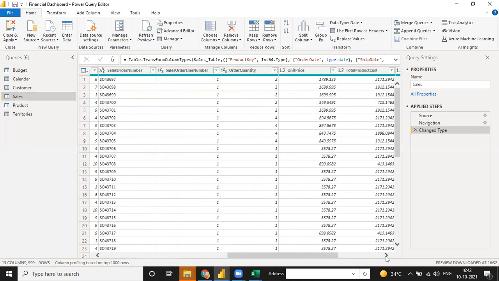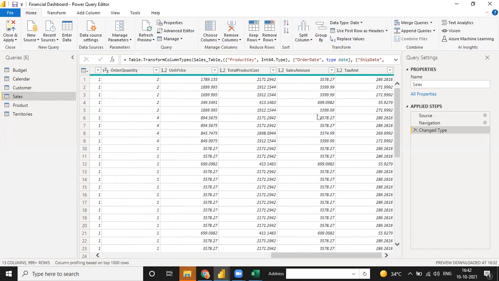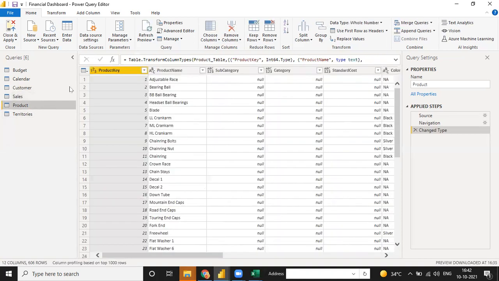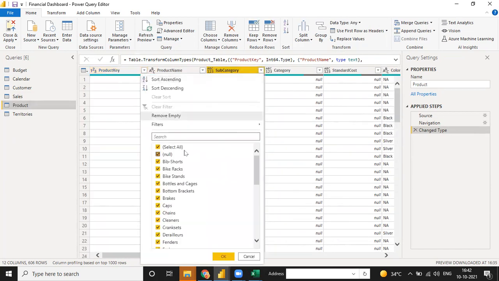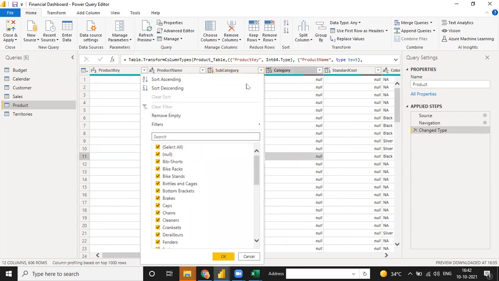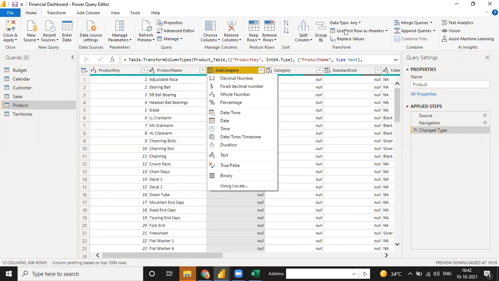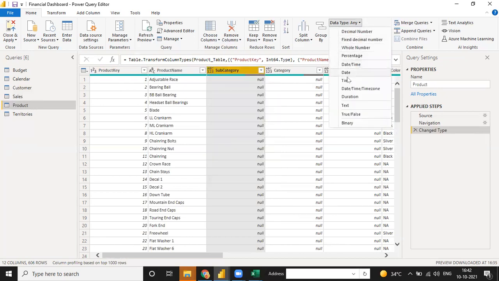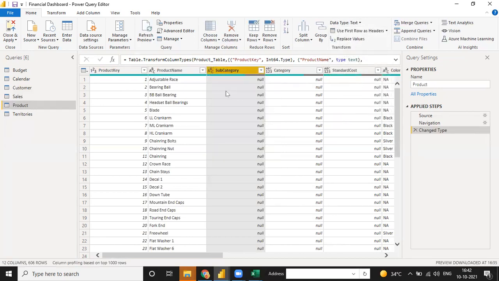So we have all the things, sales and sales amount. Okay, all the things done. And for product, we have product key. And see, all the time you have to match the data type, because data type is important. And see, in the subcategory you have ABC and 1, 2, 3 as well. When you click on this, there is a null value and some values. So right now you can choose only the text value. I need only the text value.